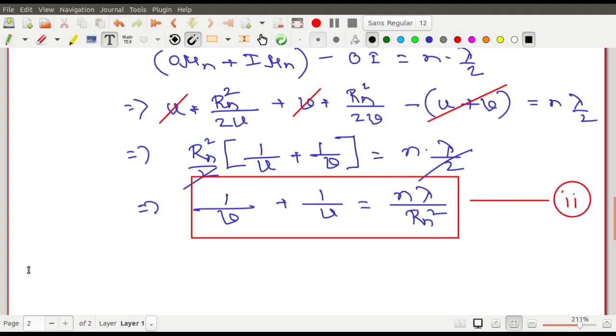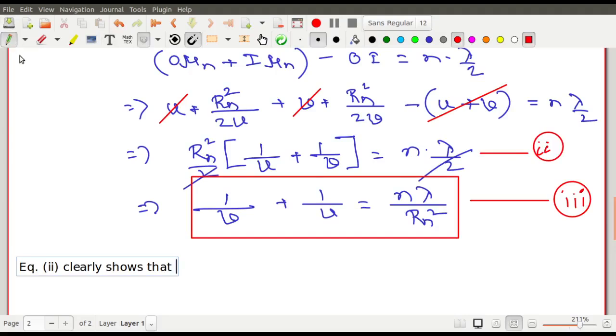So whatever you obtain on the screen right now, that is the equation of a convex lens real image. So this one I call equation number 2, and you see that this shows the strong focusing action of a zone plate. It is clear from here. So I write it over here, and then I will go for further discussion. Equation 2 clearly shows that Rn is proportional